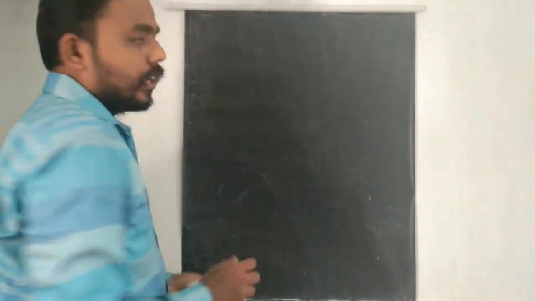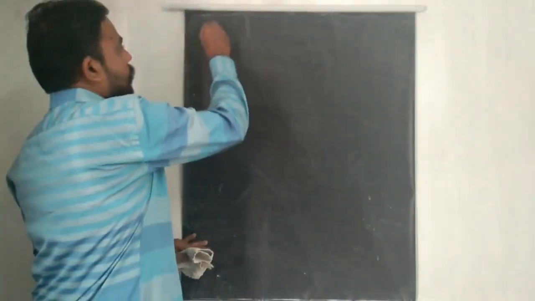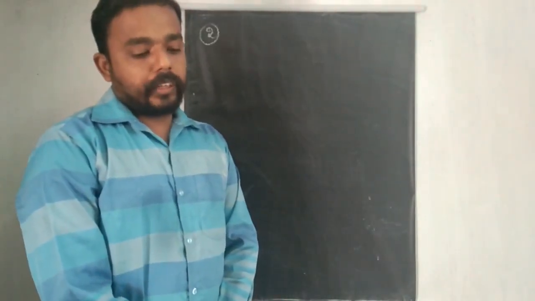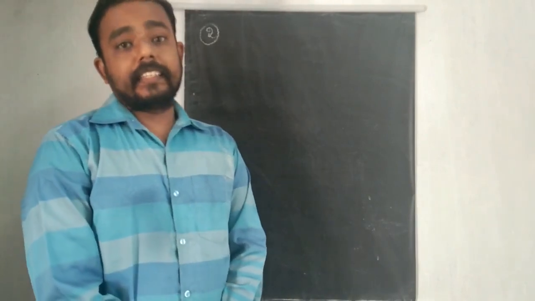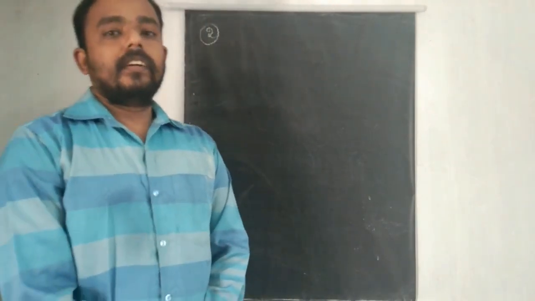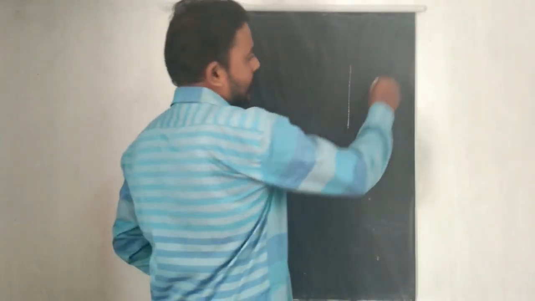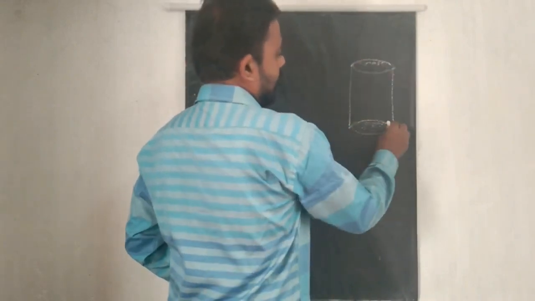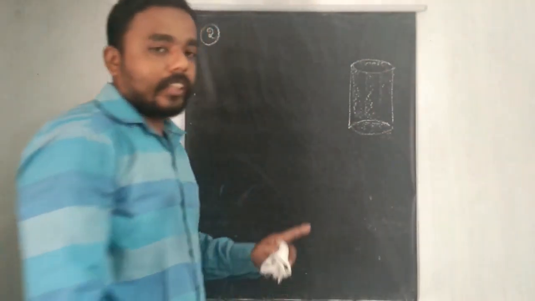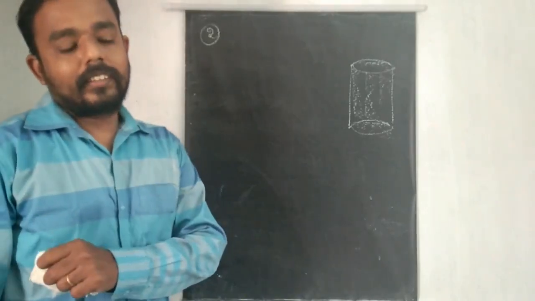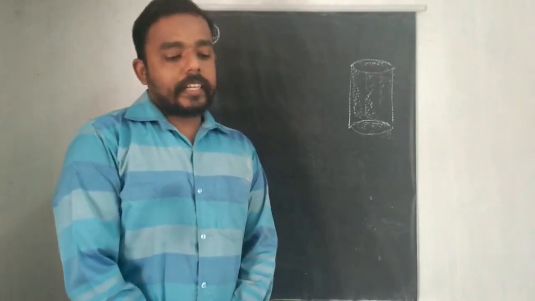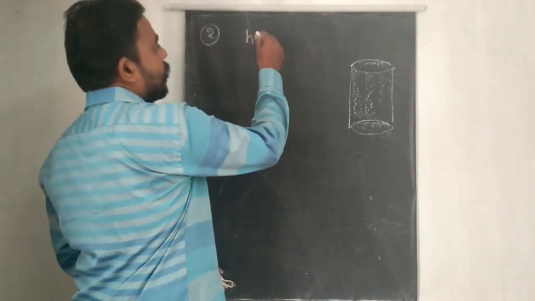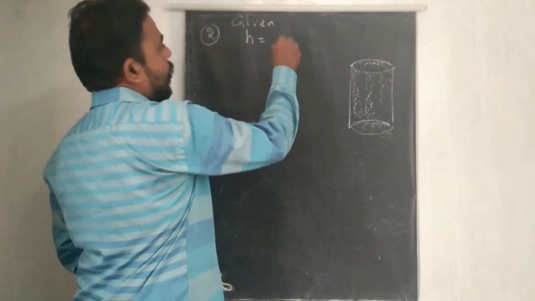Right. Now come to the second problem. The question is, it is required to make a closed cylindrical tank. Closed means, think about the cylinder, everything closed. This is an area, this is an area, this is also an area. So we know that this is nothing but the total surface area. So a closed cylindrical tank of height 1 meter. We can write the given height equal to 1 meter.